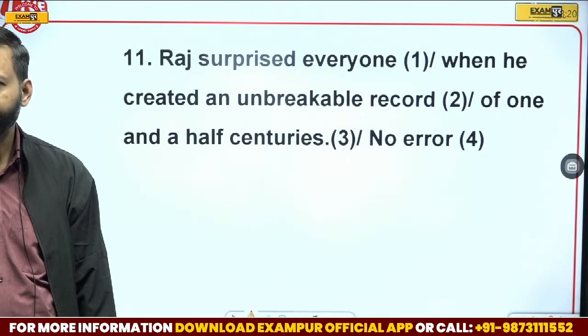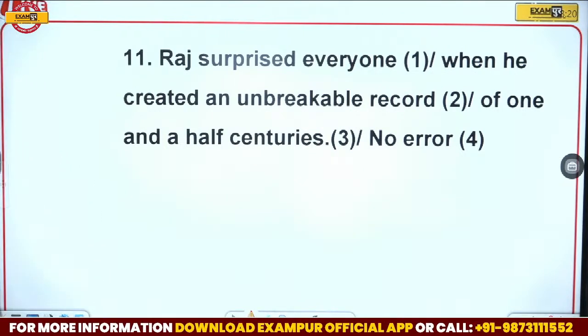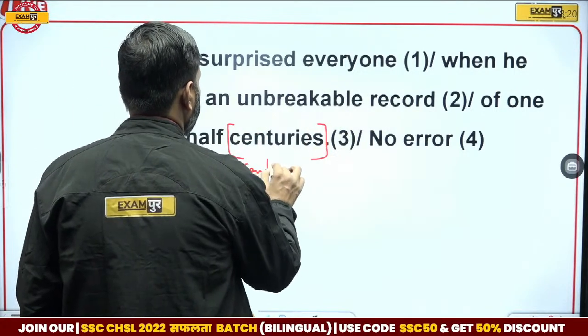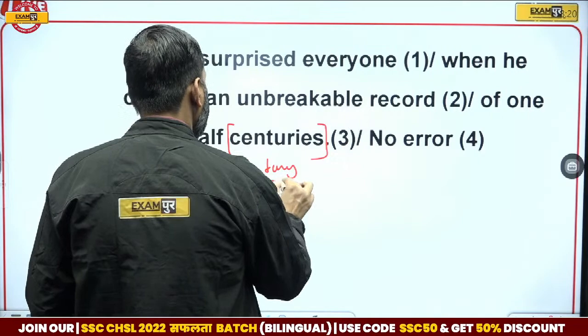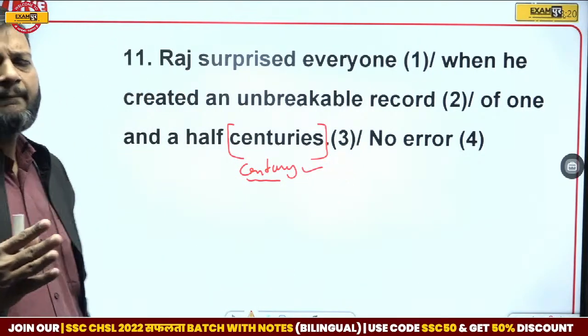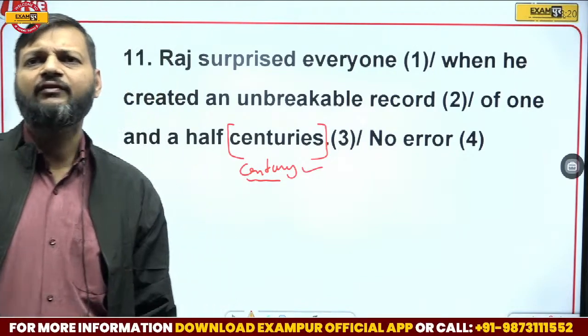See, centuries cannot be plural, century should be singular. So merely replacing centuries by century will do, but the exact structure of this sentence should be